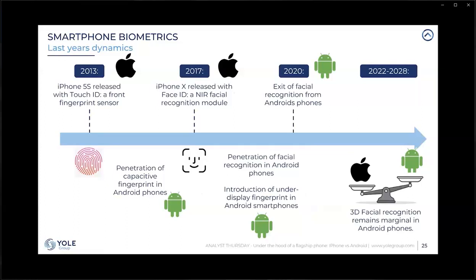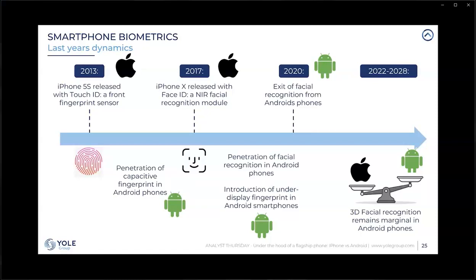After that, we saw the fingerprint technology penetrating the Android phones, relying on what we call the capacitive technology. So it's a fingerprint technology based on capacitive physics. Starting from 2017, iPhone released the Face ID, in the iPhone X, iPhone 10. This time, the biometrics is made by near-infrared cameras coupled with a 3D sensing module. We'll describe it more in the next slides. And in the year after, we saw the Android phones also adopting this technology for several phones.